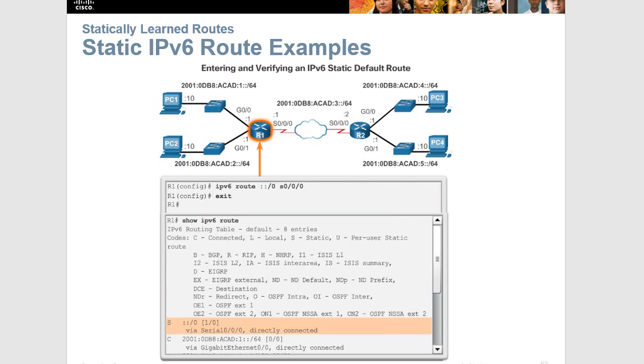All right, your default static route in IPv6. Remember, your default static route is all zeros in IPv4. In IPv6, it's all zeros as well, but a double colon represents all zeros in IPv6. So that's what you get here. That's your default static route going out of serial 0/0/0 there. So that's what you got there,